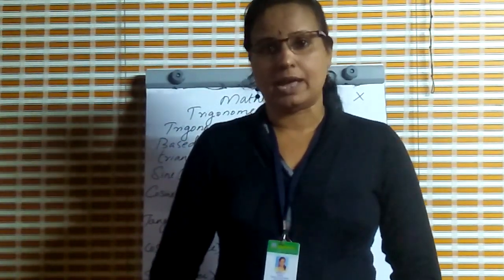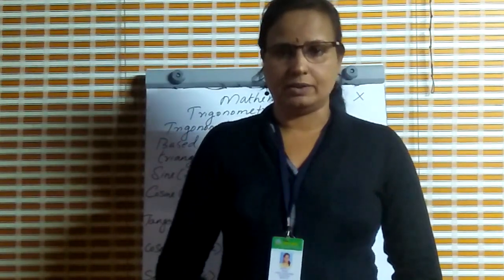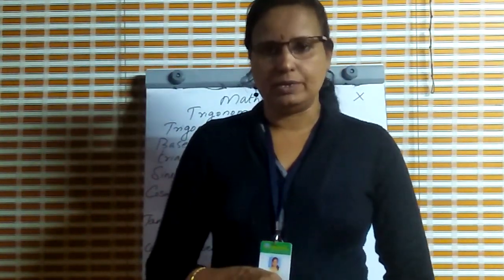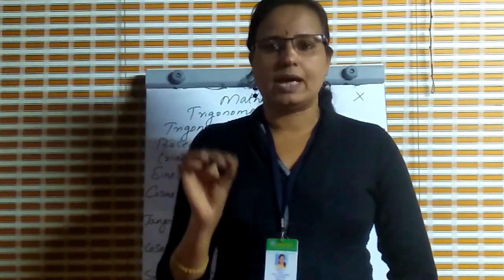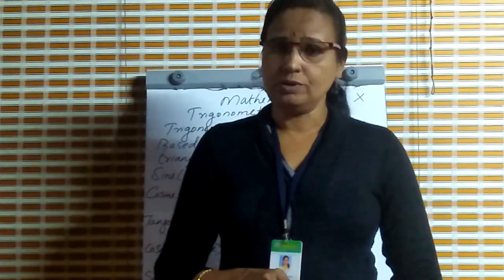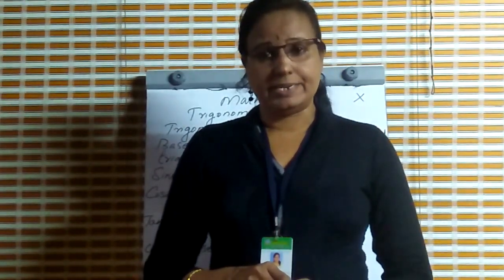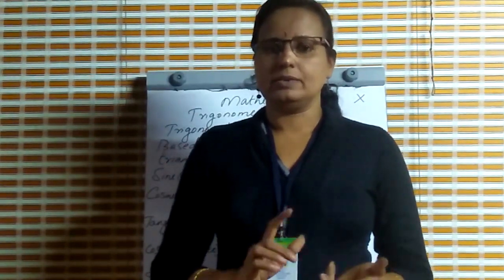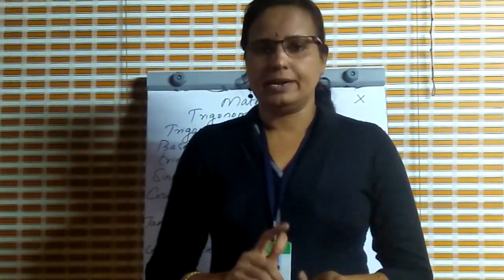Actually, trigonometry is the study of the relationship between the ratios of sides and angles of a triangle. Based on acute angles of a right-angled triangle, we have 6 trigonometric ratios. They are sine, cosine, tangent,